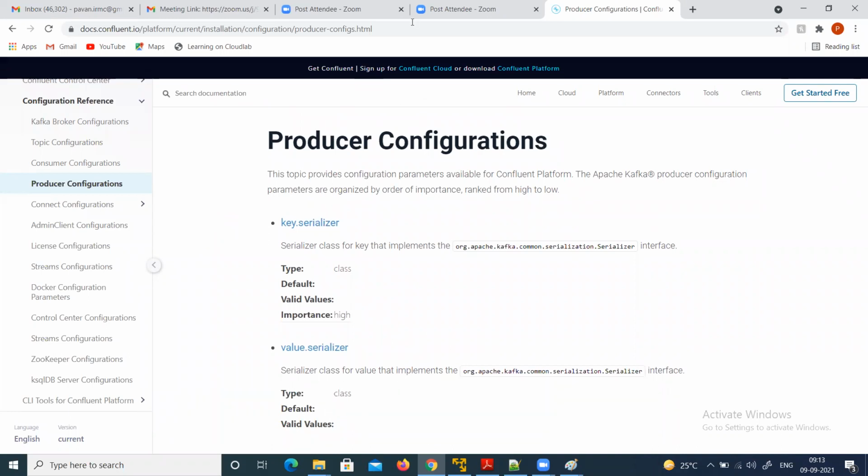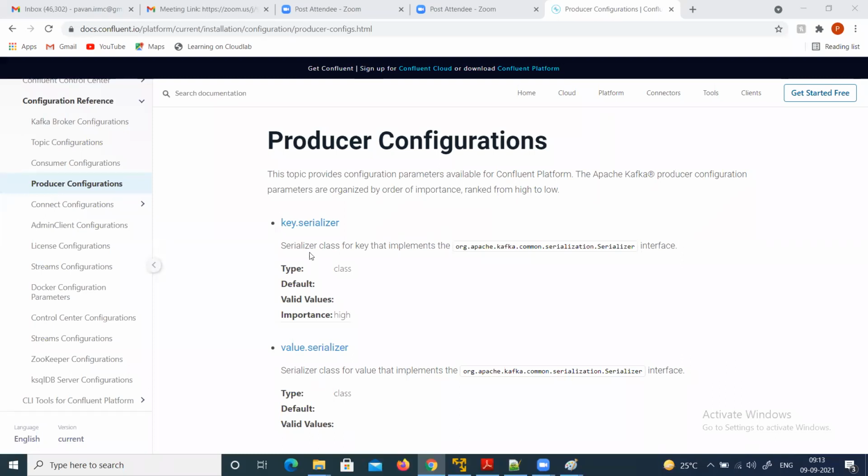So guys, one question I want to ask. If I want to send my data into Kafka, what format does it have to be? Byte stream, what we can call? Can I say serialized file format? Yes. So it has to be a serialized key value format. Anytime I want to send my data into Kafka, it has to be in key value format